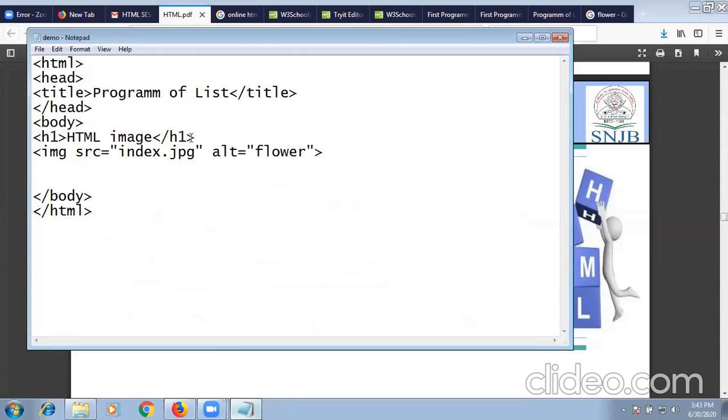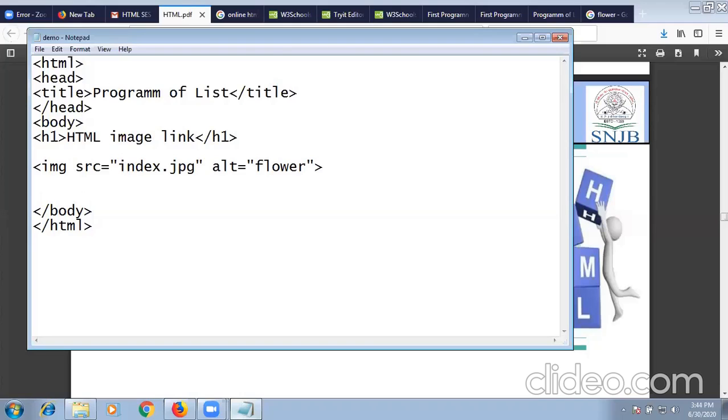So H1, okay, it is heading. Now it is not image, just HTML image link. Okay, image will be inserted. Before that image tag, we have to use anchor tag. Which attribute we will use? Href.